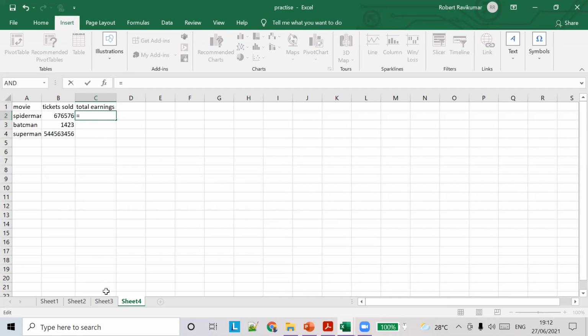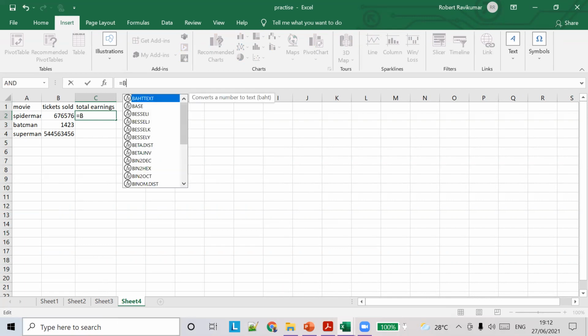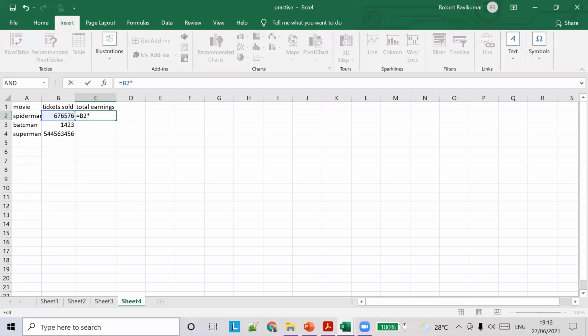You guys got it. So I have to multiply B2 into Sheet3, dollar symbol. Where is it? G1, I guess, right?